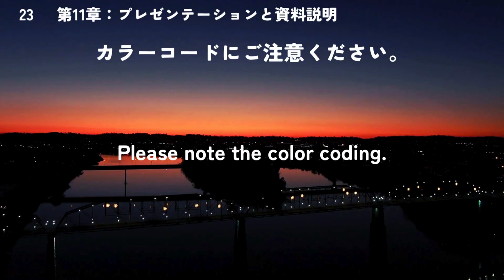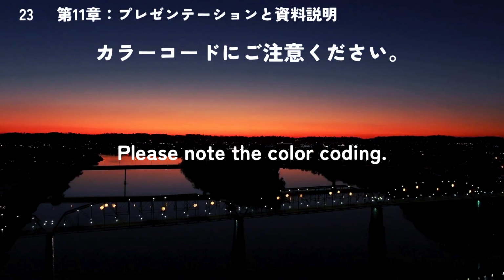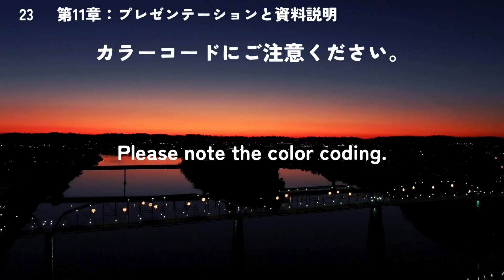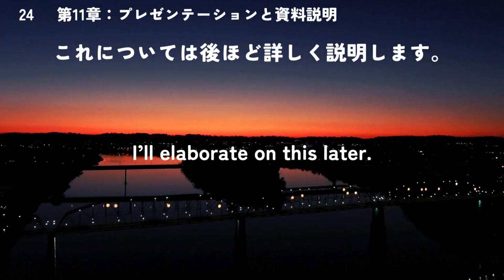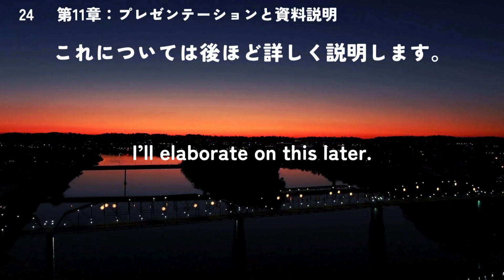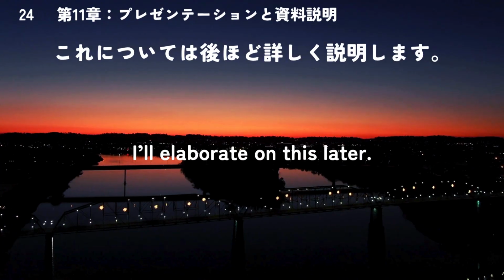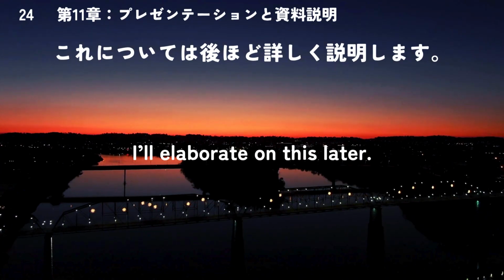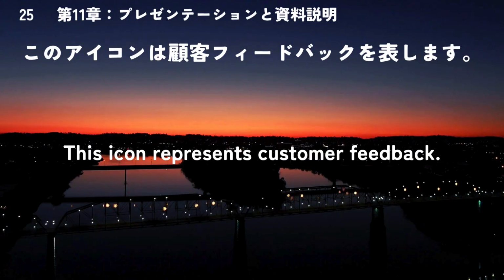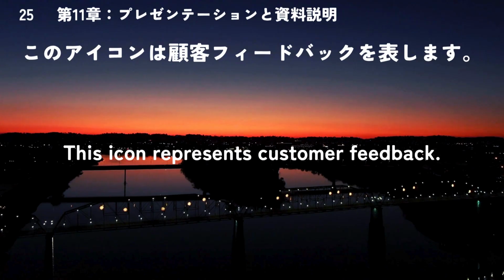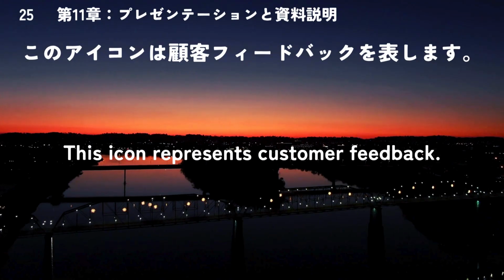Please note the color coding. I'll elaborate on this later. This icon represents customer feedback.